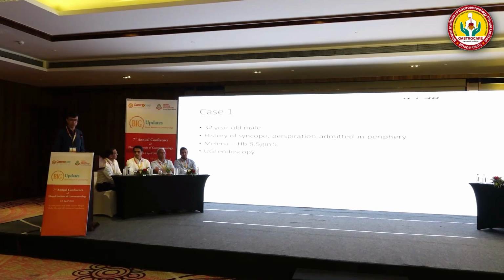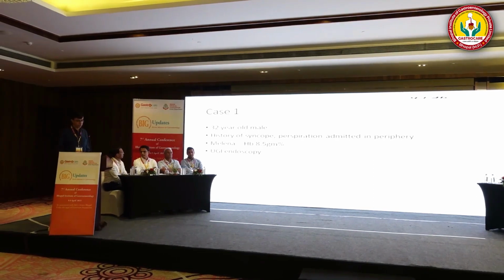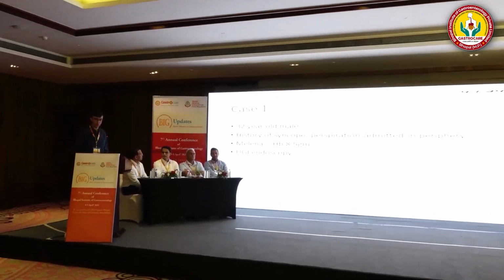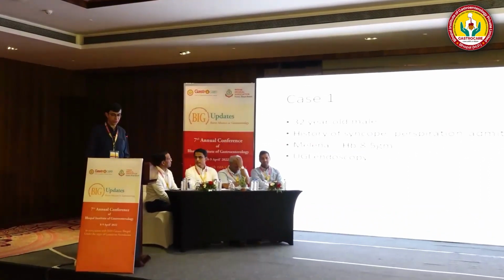So case 1 is a 32-year-old male. He presented to us with history of syncope. He had perspiration, he was admitted somewhere in the periphery. He continued to have melena and hemoglobin was found to be 8.5. So this is a brief history. And this is what was